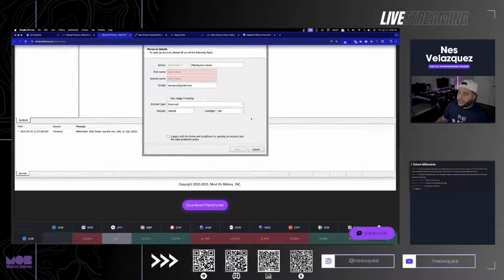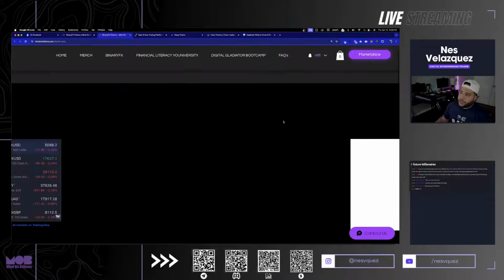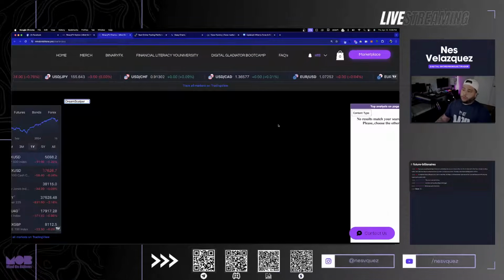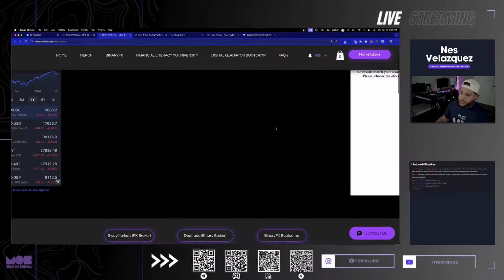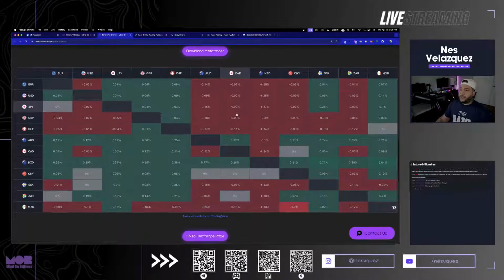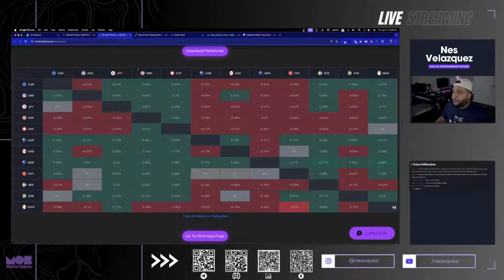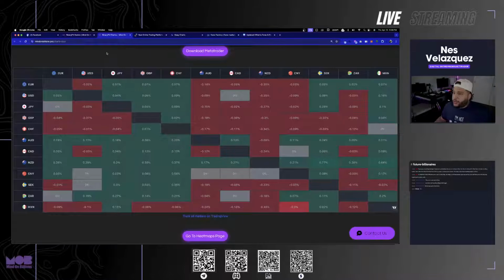Strategy. And there's also a MetaTrader web terminal right over here for your convenience. So you can literally go from looking at the chart, which will populate in a second, to trading directly on MetaTrader if you have an international broker. Here's the heat map for Forex pairs. So if you're looking at this, let's say you want to trade Euro USD.